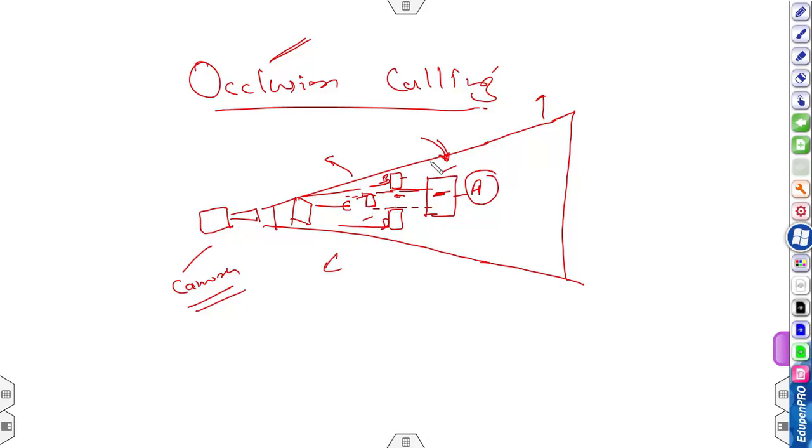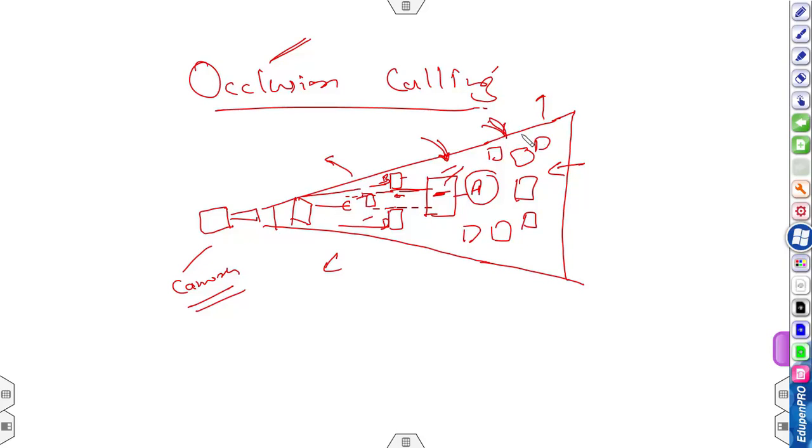So though it is available in the view frustum, during rendering it is not required to render game object A. There may be various other game objects behind A, and all these game objects do not need to be rendered.